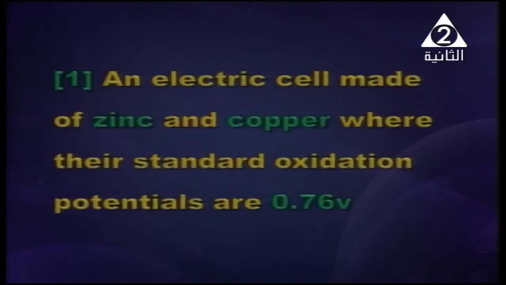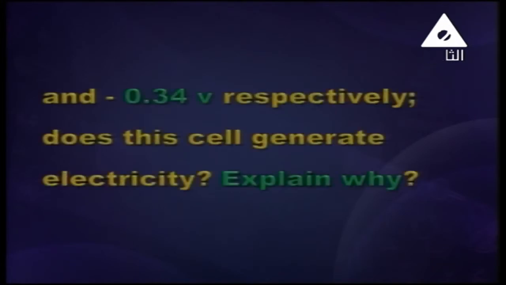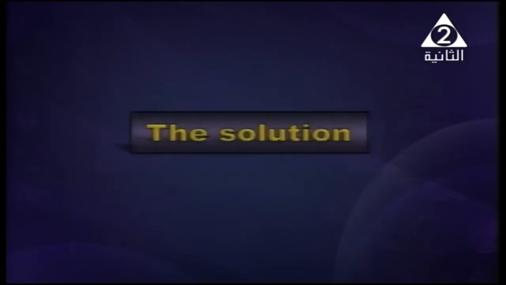For example, number 1, an electric cell made of zinc and copper where their standard oxidation potentials are 0.76 volt and negative 0.34 volt respectively. Does this cell generate electricity? Explain why. The solution: